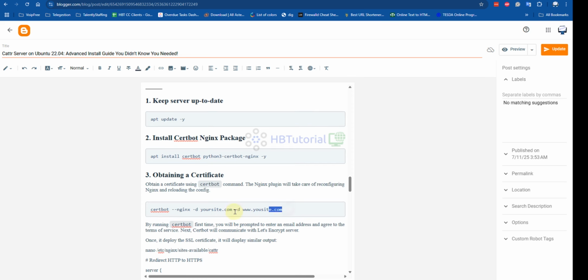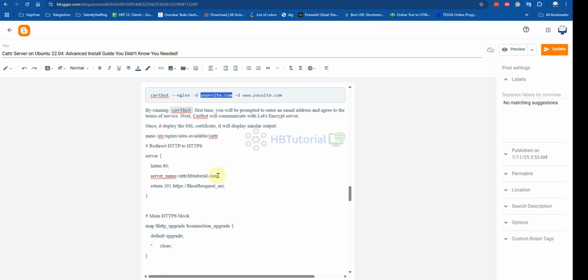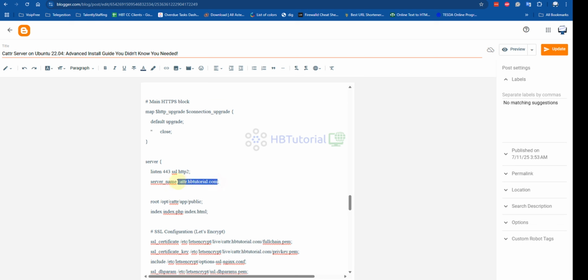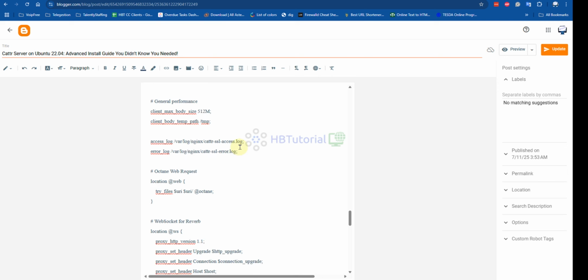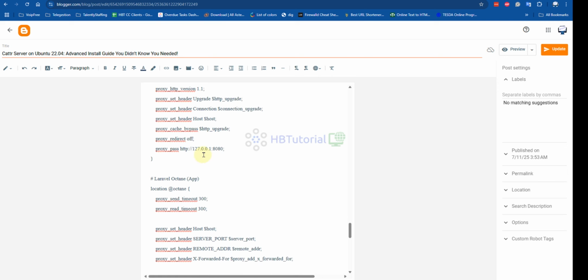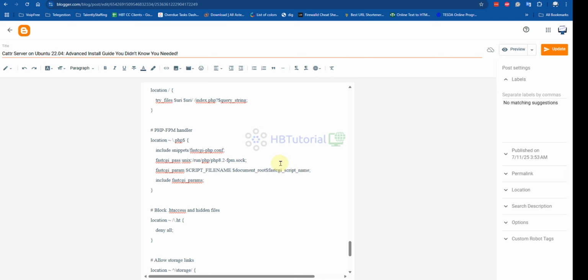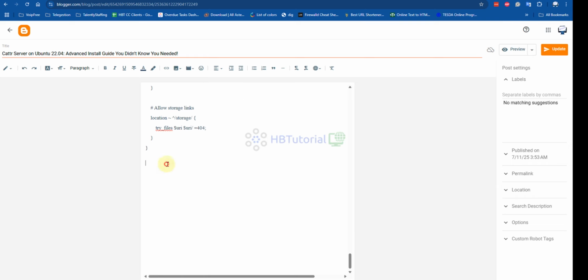I'm going to replace this one, just replace it with your real domain. So all the HTTP links should be replaced with your real domain.